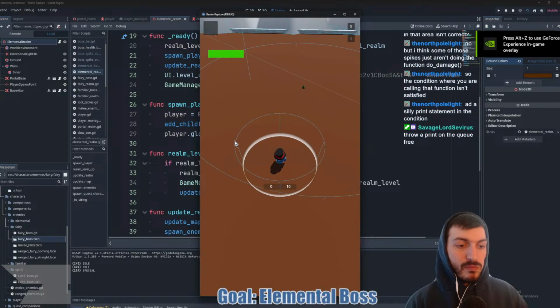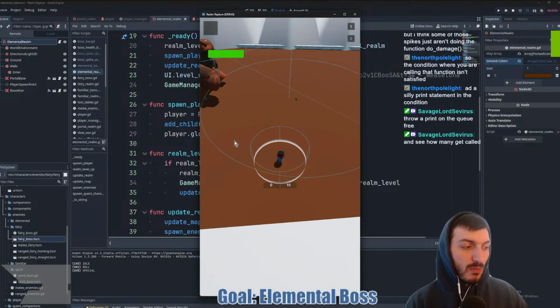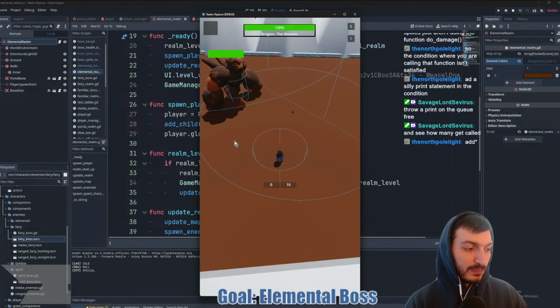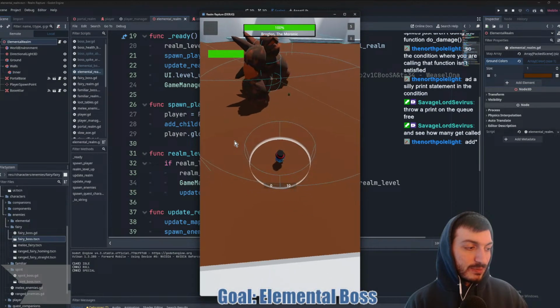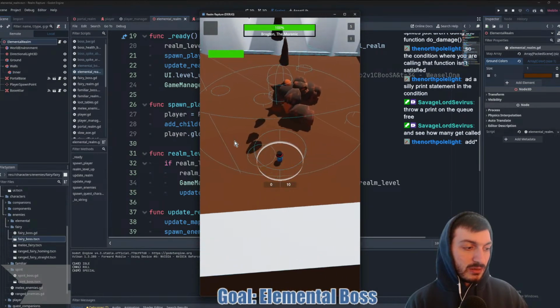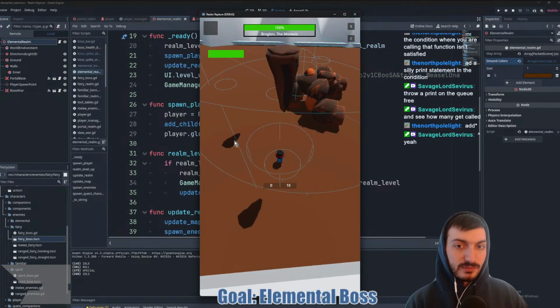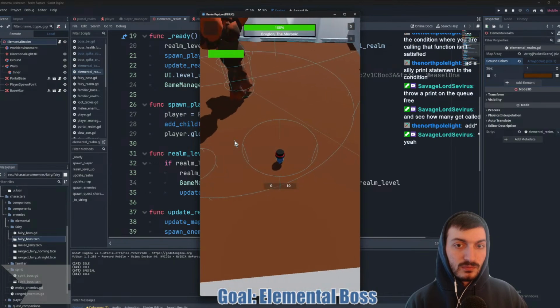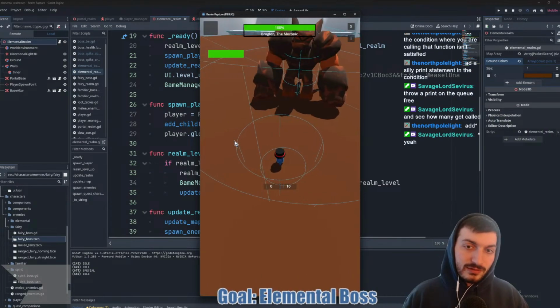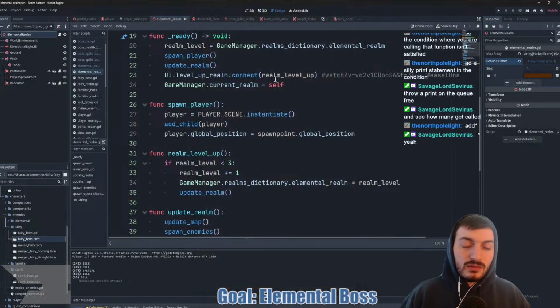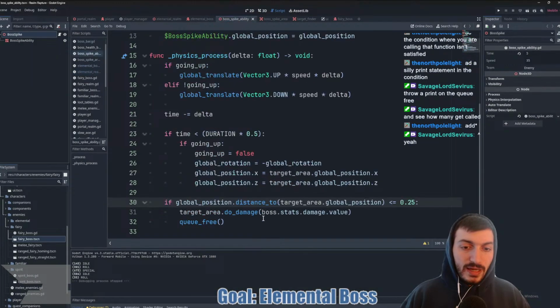Hold up. Add a silly print statement in the condition. Print it on queue free. All right, I just want to see this real quick. All but one. So add it where?